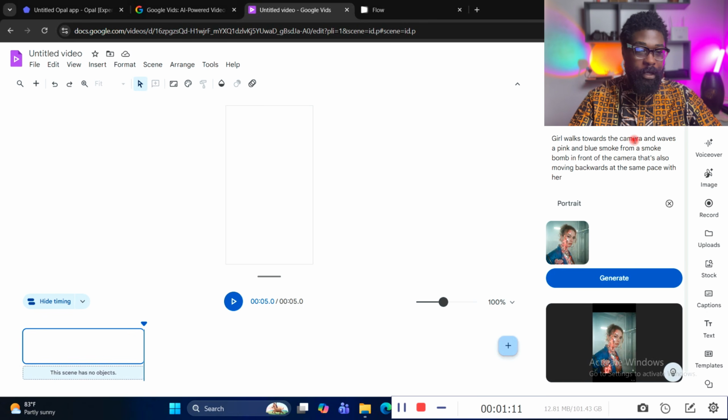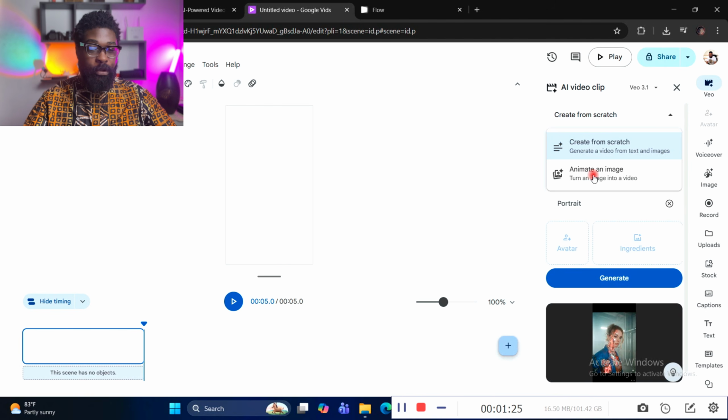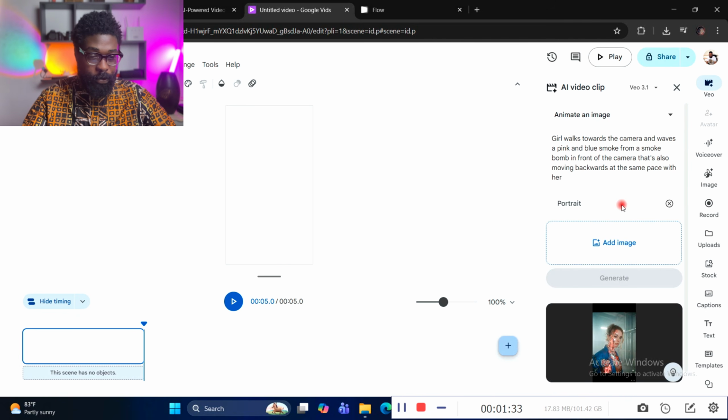Now, it is super easy. All you have to do is come here, this arrow here, and then click on animate from image if you want to do image to video, or if you want to do text to video, then you just leave it as it is. For most creators, we would like to do image to video because that would give us a lot of control. So once you click on animate image, you get a canvas